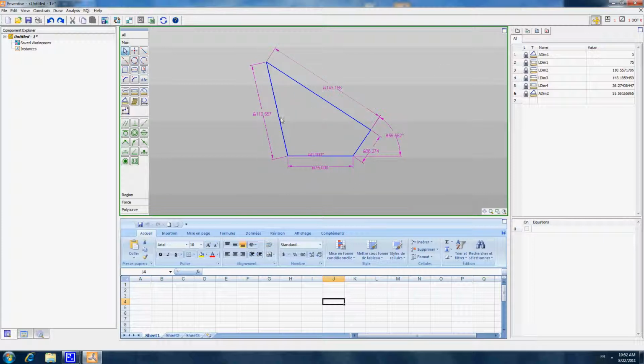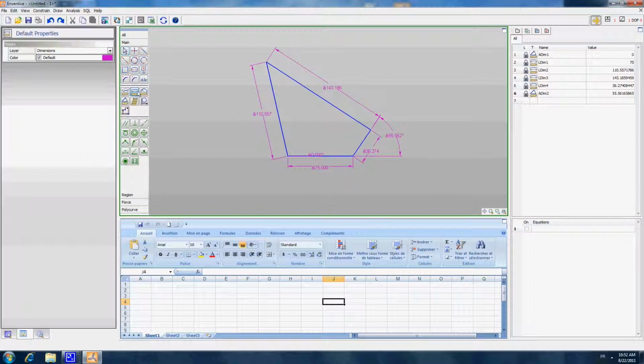All the necessary dimensions have been created, and they have been associated with a lock sign. So the lock sign means that those dimensions are dimensions that are actually going to be produced internally. Those are actually input dimensions. So when we have finished this modeling and when we have 0 degree of freedom, we can also define the measurement that we would like to analyze.